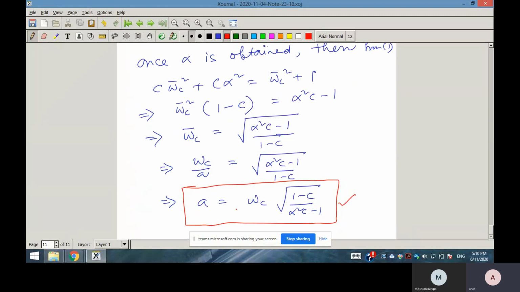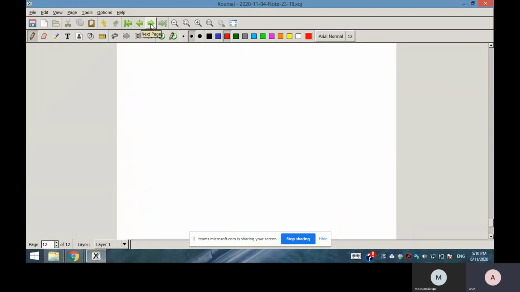So once a you get, the parameters of the lead part, alpha and a, you can find out like this. Now about the lag part. As alpha beta equals 1, beta you can directly find as 1 by alpha. Now what is your b? To find b,